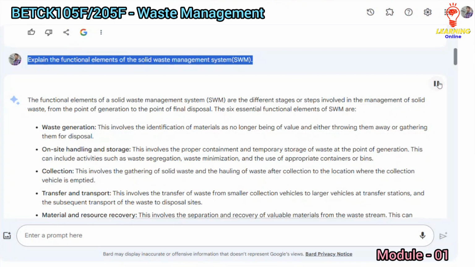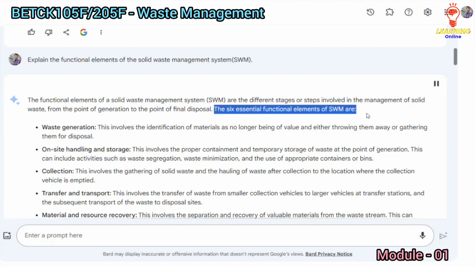The functional elements of a solid waste management system, SWM, are the different stages or steps involved in the management of solid waste, from the point of generation to the point of final disposal. The 6 essential functional elements of SWM are: